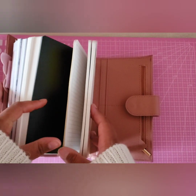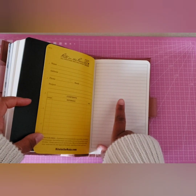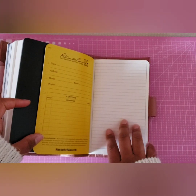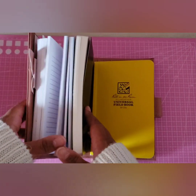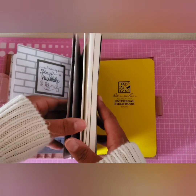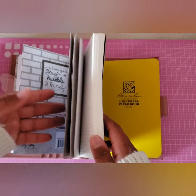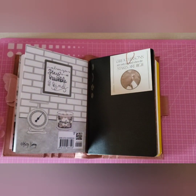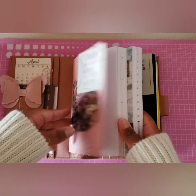Now, I didn't actually write in this because I put this in here with the purpose of writing in it. I only ever use ballpoint anyway, so I was going to use this as my daily book. And my Stalogy, you're probably wondering why wouldn't I use the Stalogy as my daily book? Well, it was more of a commonplace book with journaling and other stuff, so I didn't want to use Stalogy. But yeah, I did happen to use